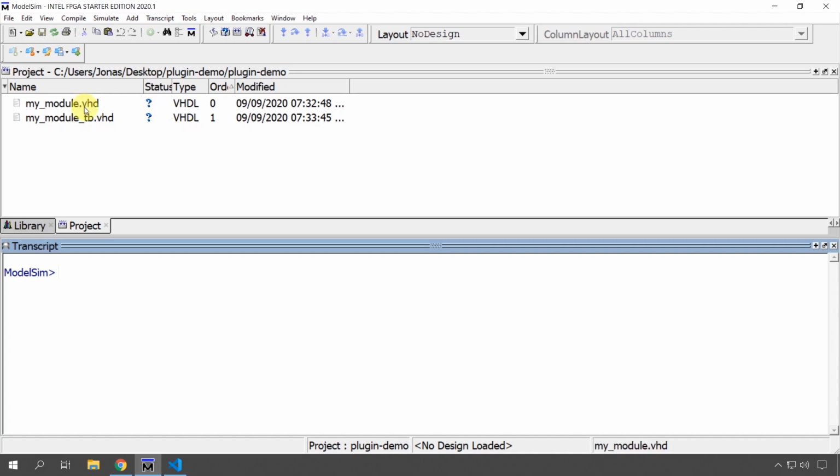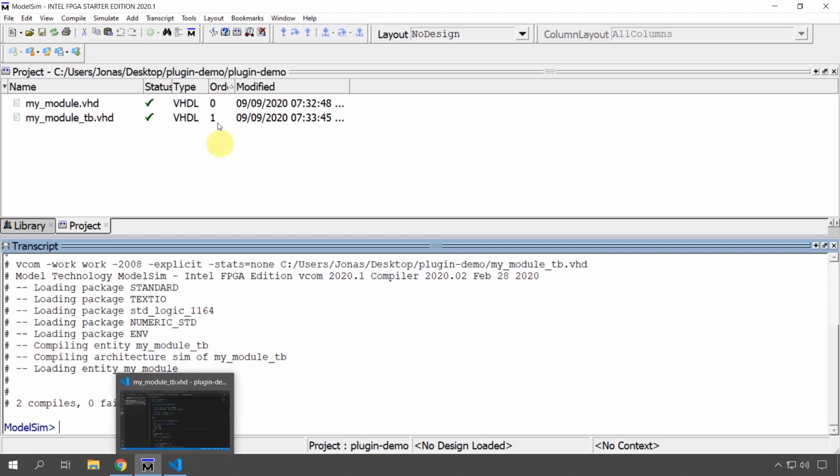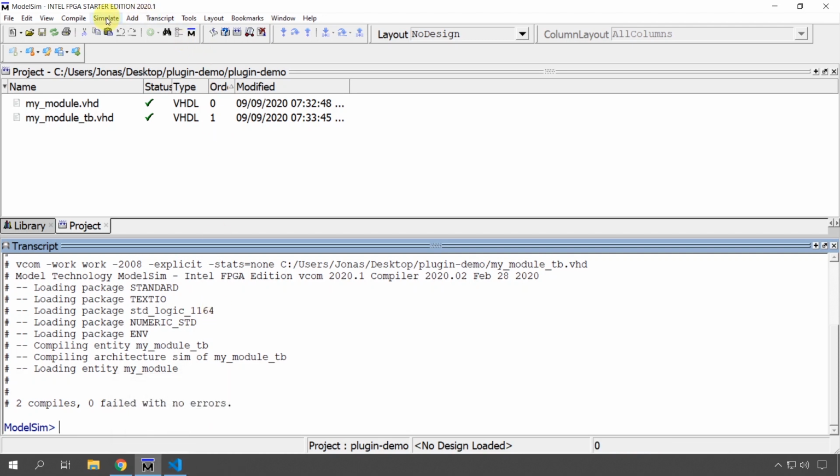So now we could go into ModelSim, and I've already set up the ModelSim project with importing the files, but I haven't done anything else other than that. So we're just going to compile now. We can see it works because of course the templates have no errors. So we can start simulation now by using the menus here, but I find that a bit cumbersome, so instead